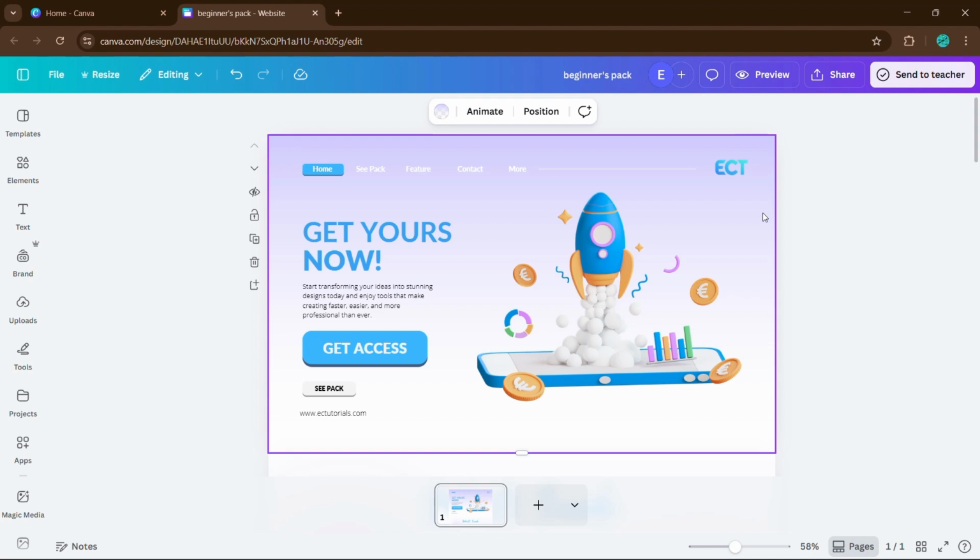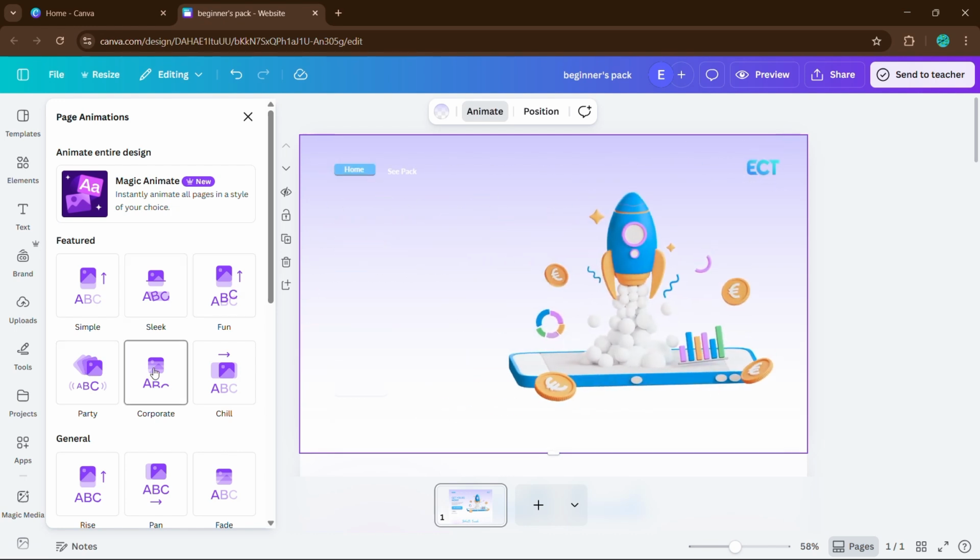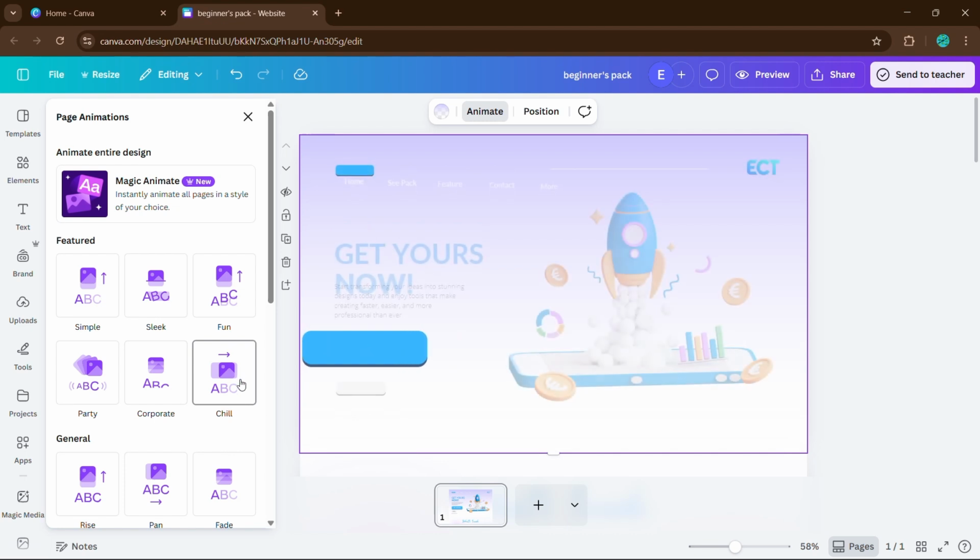Now, adding animations is very simple. If you want to animate the entire page at once, just click on the page. Then head over to Animate on the floating toolbar. An animations panel will appear on the left side. Hover your cursor over any animation to preview it, and click on the one you like to apply it to